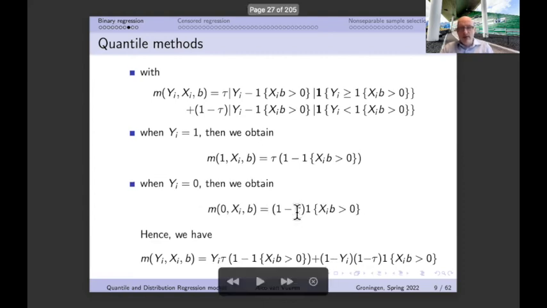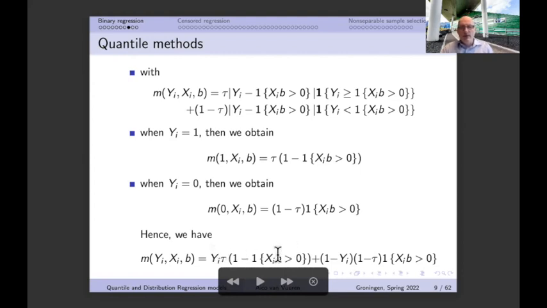So therefore we can now in the end simply write it like this. So if y is equal to 1, we get this. If y is equal to 0, we get this relatively simple expression. We can combine that. What we can do is that we can now write m as yi multiplied by this expression that we have over here. Then we get this expression over here as y is equal to 1, then we simply get this expression over here, plus 1 minus yi multiplied by that expression over there. If y is equal to 0, then we simply get this. And of course, if y is equal to 1, then we simply get this thing over here.